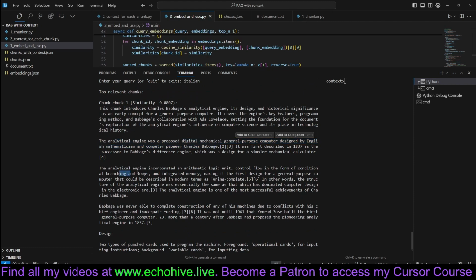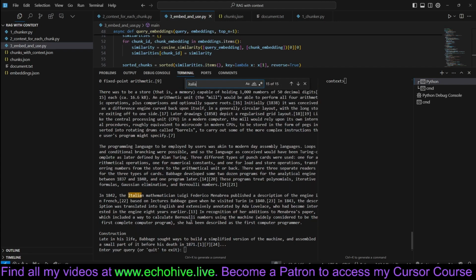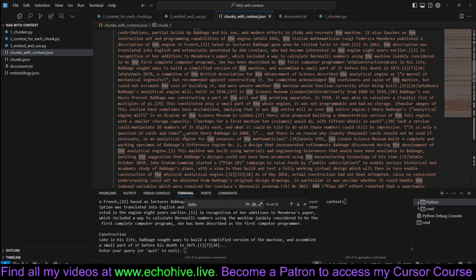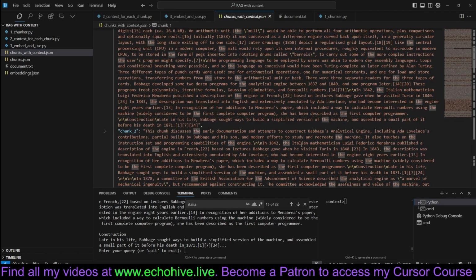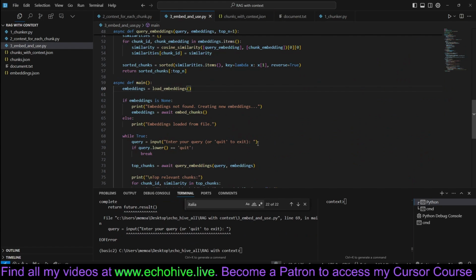Analytical engine. Control F, Italian. Yeah. See, you see what happened? Italian mathematician Luigi Federico, but this is the end of one chunk and the beginning of another. Italian mathematician. So it got the first chunk that mentions it. You see, if you were to say two chunks,